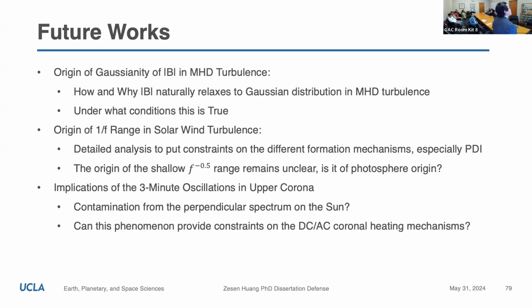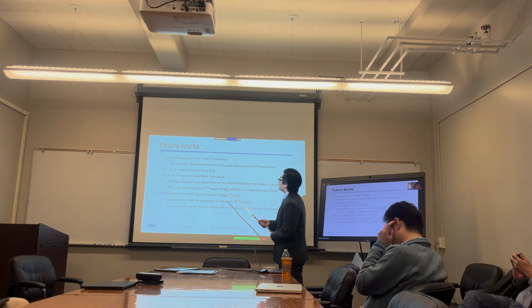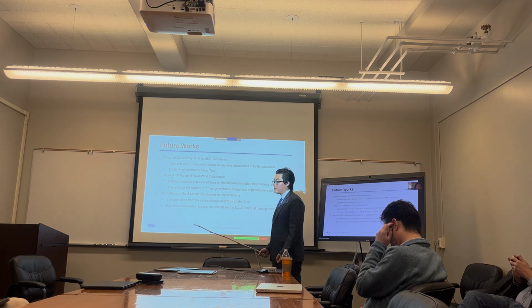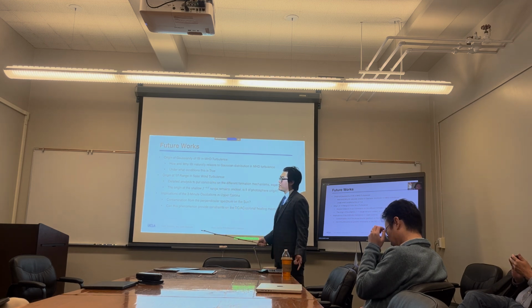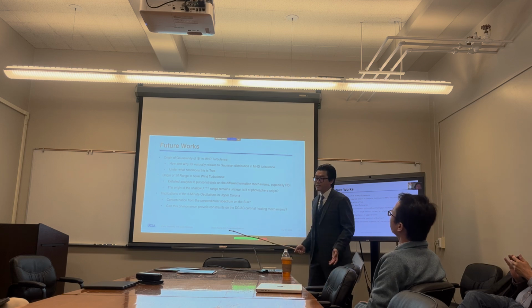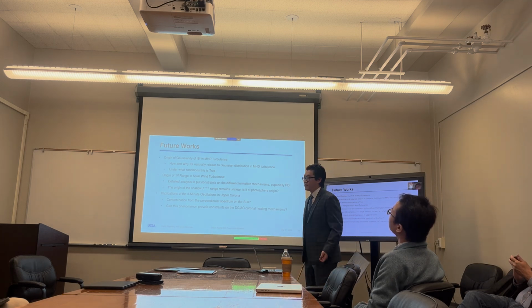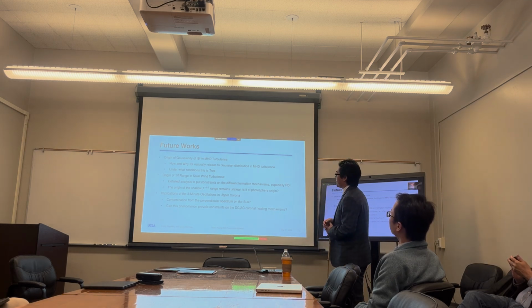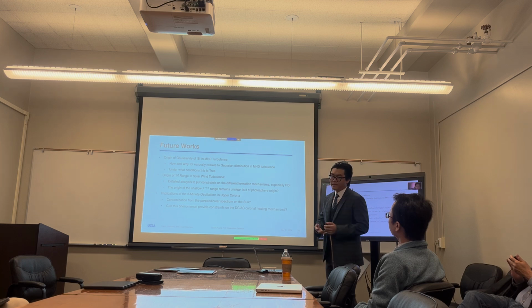And finally, these are the future works. First of all, why is there Gaussianity in MHD turbulence? That's something really interesting. Actually, at least I didn't expect that. If the Gaussian distribution is a natural relaxation state for magnetic magnitude, under what conditions is this true? We can do a parameter study of this and maybe do several more simulations, as Professor Huang actually suggested to me,